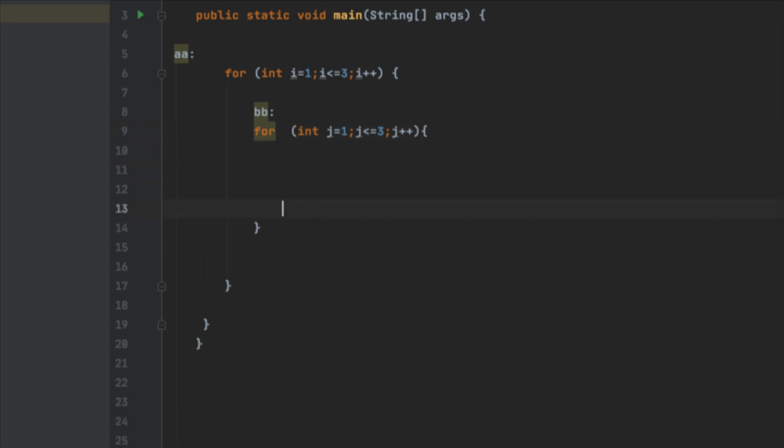Again, brackets opening, and again I say if the first one was i, right? If i is equal to 2 and j equal to 2, then